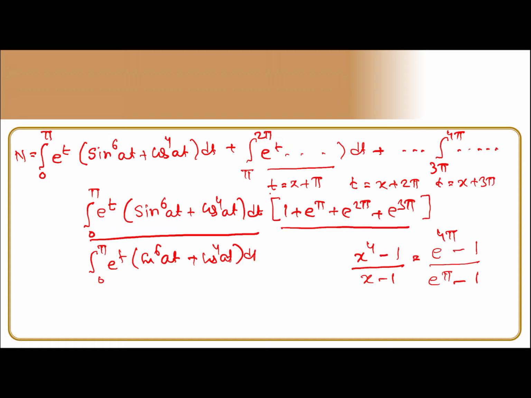I repeat once again, when you do substitution, so what happens here? It becomes e to the power x plus pi, e to the power pi will be taken common, e to the power 2 pi common, e to the power 3 pi common, like this will come. So numerator term will be 0 to pi, every limit will become 0 to pi. Main idea is to change the numerator limits into the form of 0 to pi, because the denominator is 0 to pi.